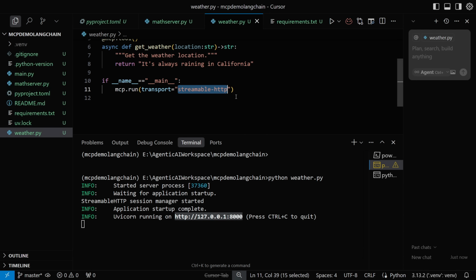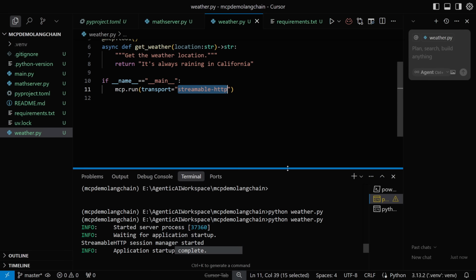After this transport, you can also set up your URL, and with respect to that, you can also set up the port. But right now we are not doing that. We are running this as HTTP, so by default you will see it is taking my localhost and the default port is 8000. Now the question rises, Krish,